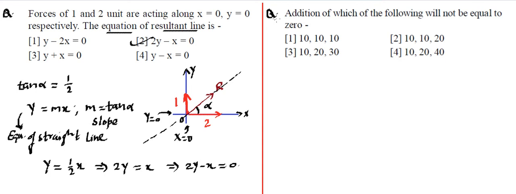You can read it and solve by your own first. It says addition of which of the following will not be equal to 0. So these are the vectors that have been given to us, and we are being asked the sum of them will not be 0, that we need to decide. Now these are the magnitudes that have been given to us, and direction we can choose any of them. So for this we can use the triangular inequalities that we have learned in one of the video lecture. So let me quickly recall what it is.